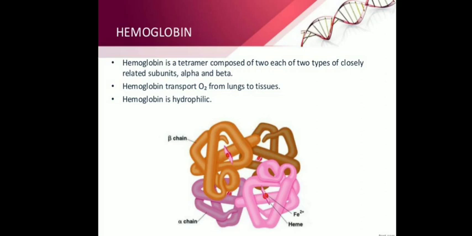Now, as the four different polypeptide chains come together and bind to each other with the help of non covalent interaction, it is the best example of quaternary structure